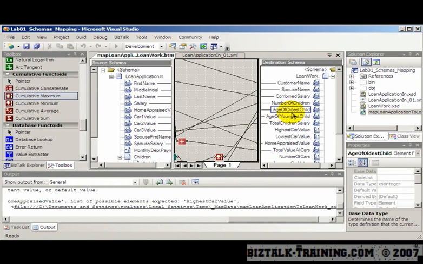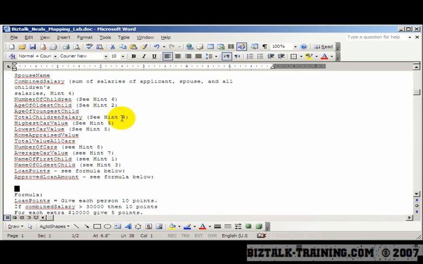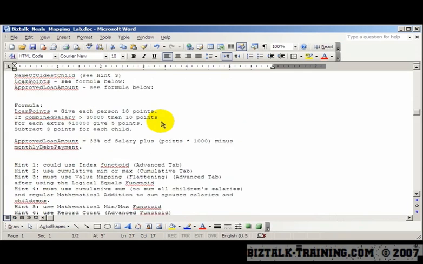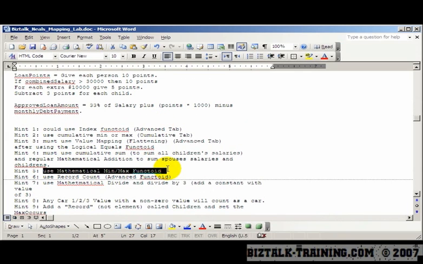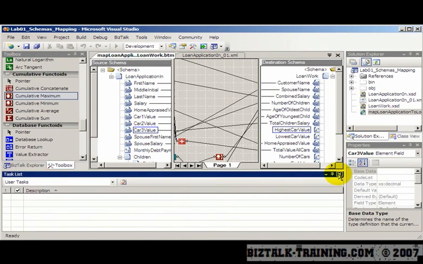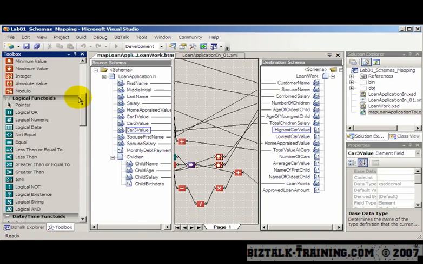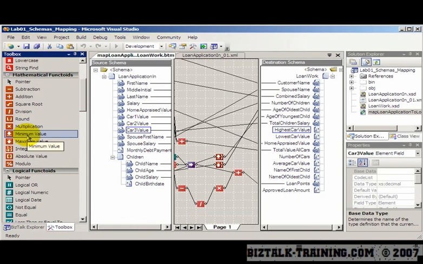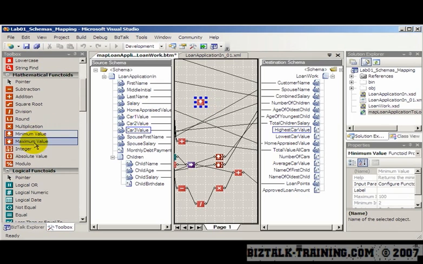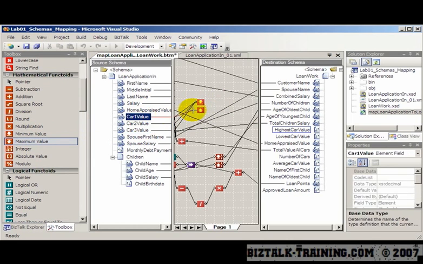So the next thing is the highest car value. So we have 3 cars. How do we know which one is the highest? So high car value, see hint number 5. Use mathematical min-max functoids. Okay, so that is actually an easy one. So we just saw how cumulative min-max works. Now we're going to actually look at a regular min-max under mathematical. So here is the minimum value, and here is the maximum value. And so we're going to drag all 3 cars to find out what the minimum is of those 3, and then we're going to find out what the max is of